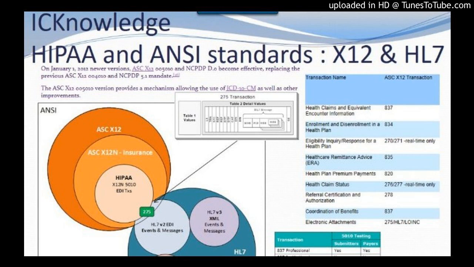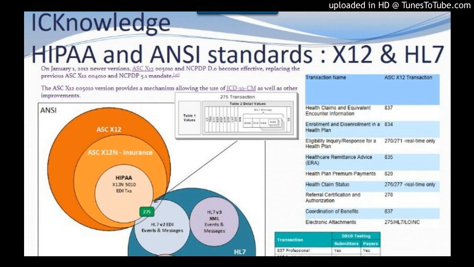Who is covered by HIPAA privacy law? The privacy rule, as well as all the administrative simplification rules, apply to health plans, healthcare clearinghouses, and to any healthcare provider who transmits health information in electronic form in connection with transactions for which the Secretary of HHS has adopted standards under HIPAA, the covered